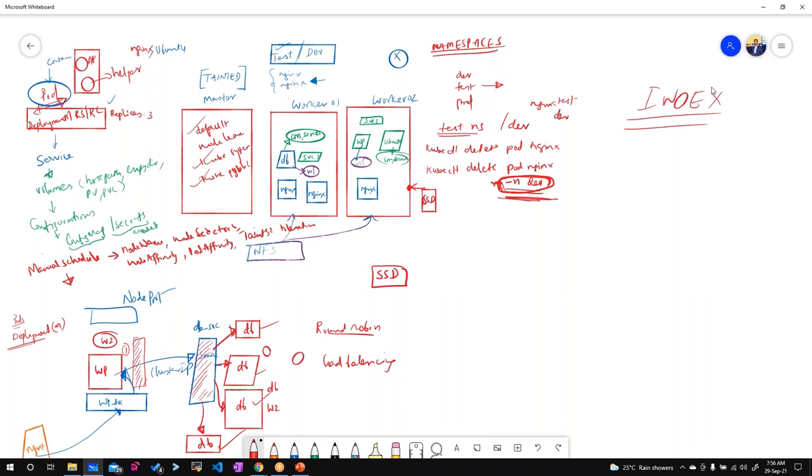No, SSDs are the storages. We connect them to the worker node. This is not a Kubernetes component. It's like I bought a new laptop and attached an external SSD to it so that I can store some files. Okay, like that.